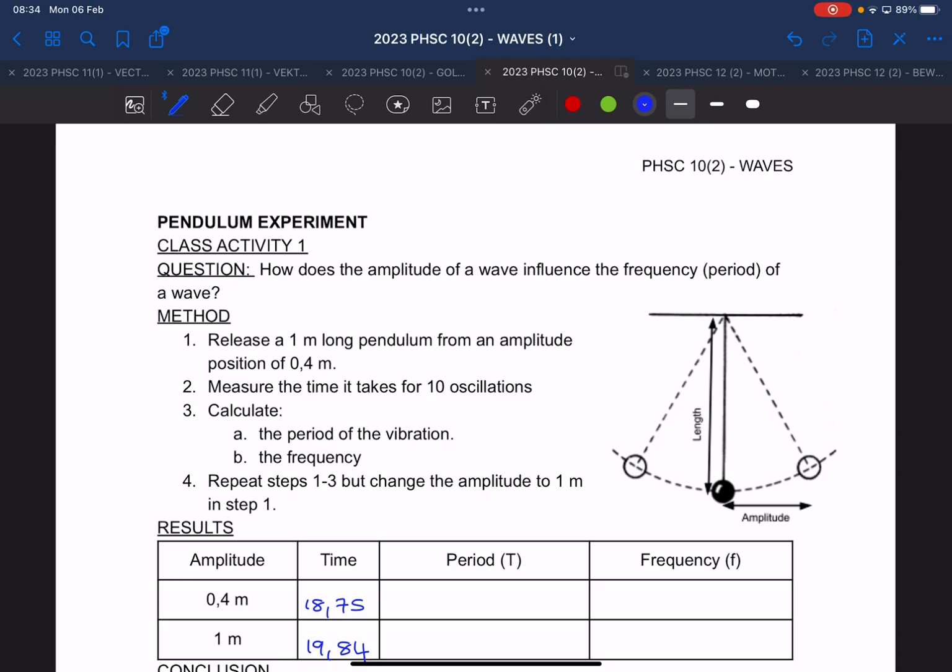A control variable was something that we kept the same for both experiments. Okay, so our pendulum was the same weight. We didn't change the weight of the pendulum. So our control variables,